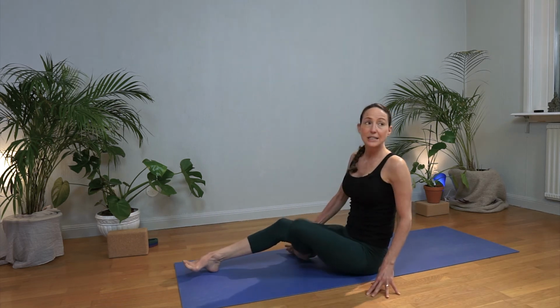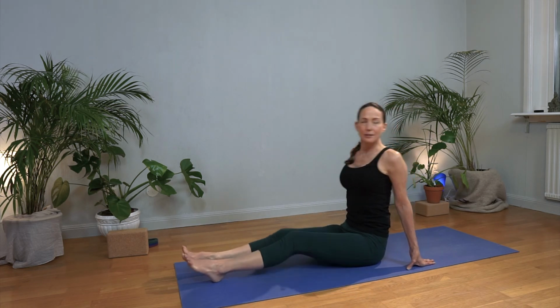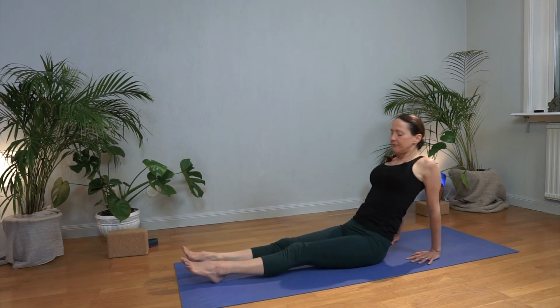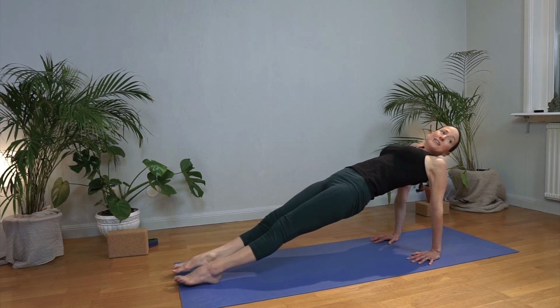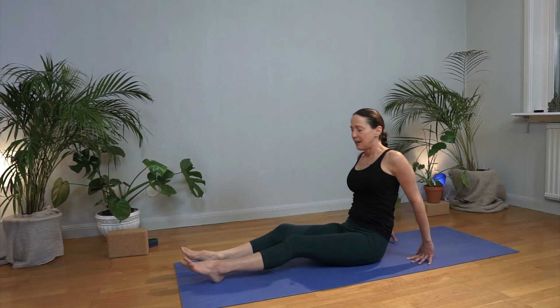So let's first extend the legs out in front, stretch them out, fingertips towards us, roll shoulders up and back. Let's lift the hips here. Point the toes, open up in the shoulders and the legs. Wonderful. And now we're gonna take